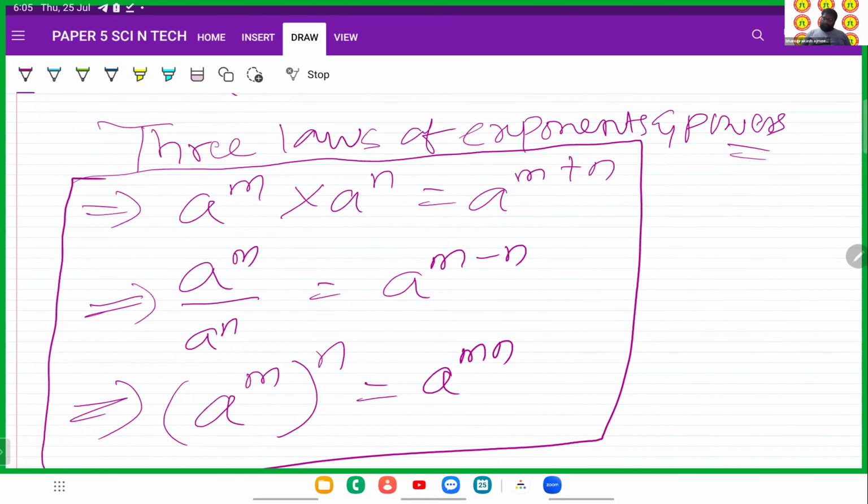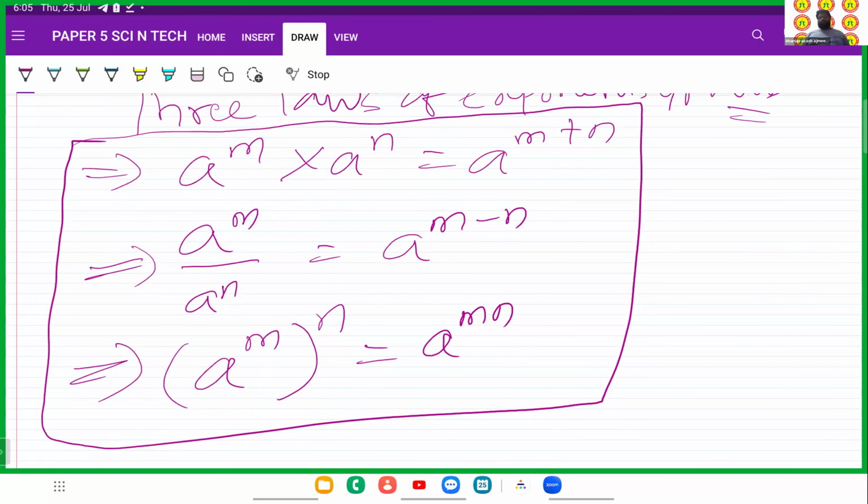And there are another three laws which will be discussed tomorrow. That is next class. Monday, yes. So any doubts till now in today's class? If someone of you has any doubt in today's class, please raise your hand. I will be happy to answer, or else we can wind up the class.